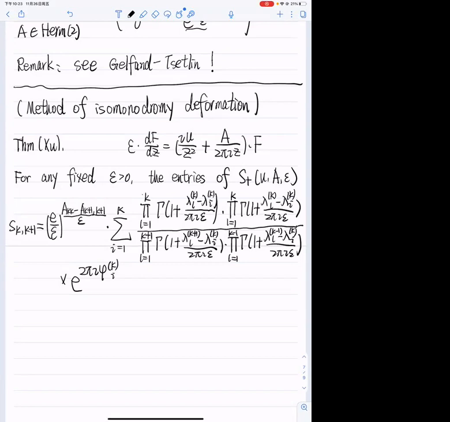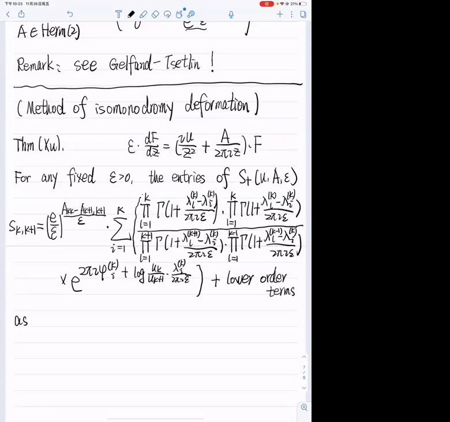I don't have enough space, but this is inside this summation, and plus log of u_k over u_(k+1) times lambda_ki over 2 pi iota epsilon. So this is actually a complex number with norm 1. Plus lower order terms